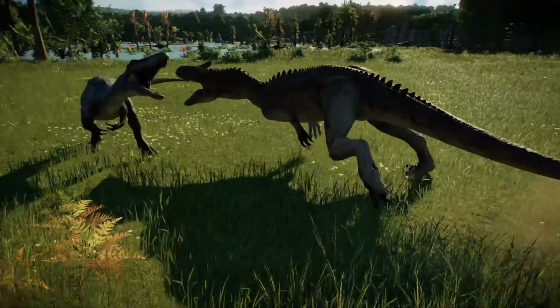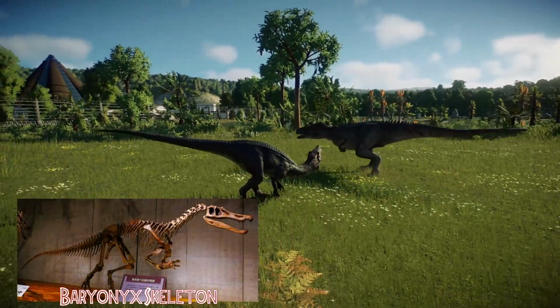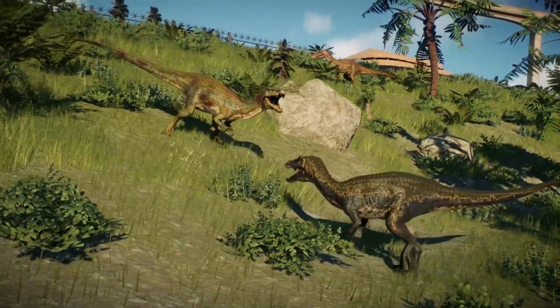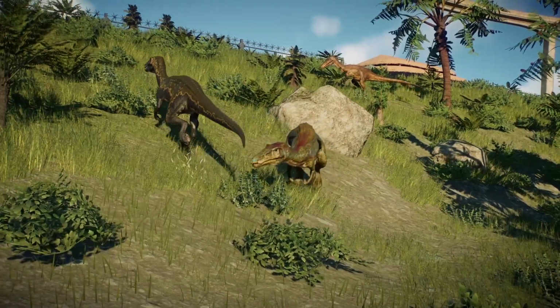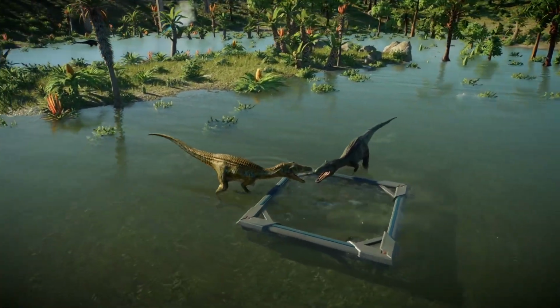The neck formed an S shape, and the neural spine of its dorsal vertebrae increased in height from front to back. The tail was about as long as its body and helped it to balance while hunting and fighting. A 2017 study of its growth lines by the German paleontologists Katja Waskow and Matthäus found that the possible Portuguese Baryonyx specimen had died between the ages of 23 and 25 years old and was close to its maximum size